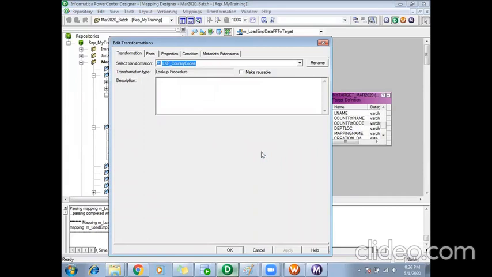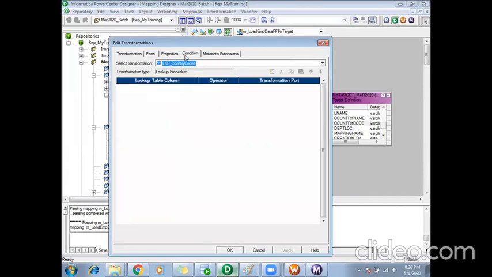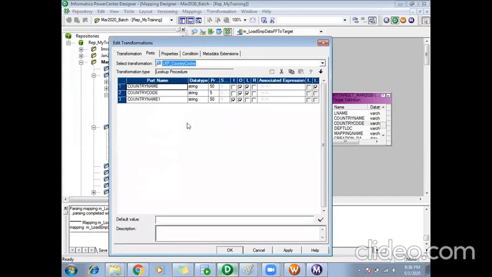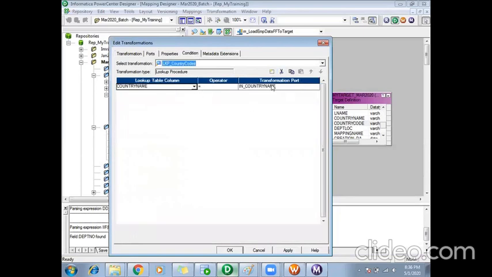Now, if I open the lookup, I have a condition section. Like in joiners we have, I'll select the condition. Country name equals to, I'll just rename this port as in underscore country name, the port which we took from the source qualifier, and I'll make it just an input port. So I'll say country name equals to in country name.